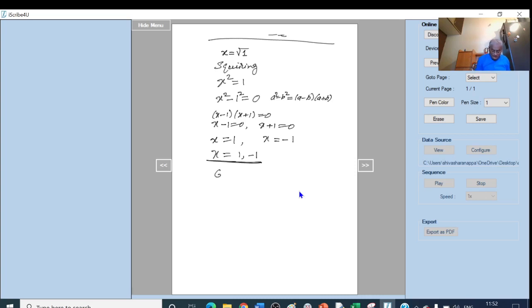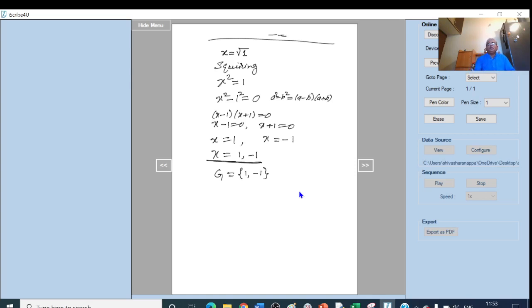So let me take this as a set here. Let me take G is equal to {1, minus 1}. We have to verify whether this set is a group with respect to multiplication or not. For that we have to verify the closure law, associative law, identity element and the inverse element. And in addition, if I show that the commutative law also holds, then you say that G is an abelian group with respect to multiplication.